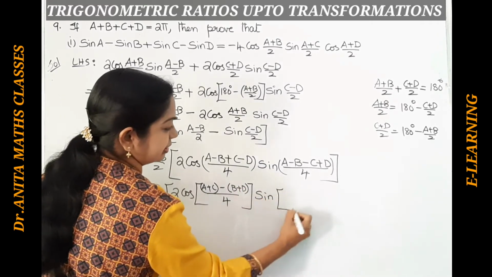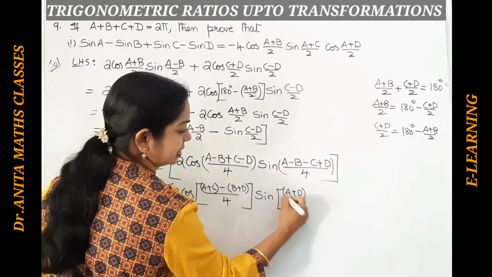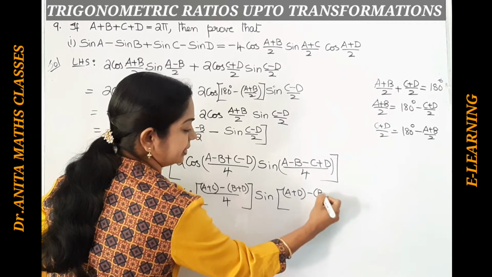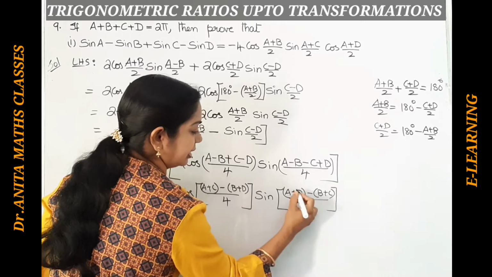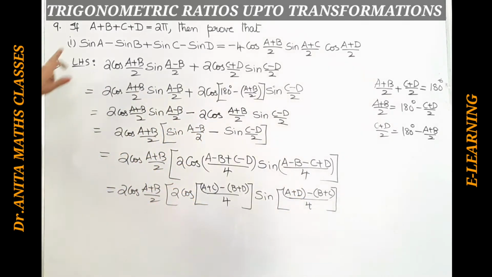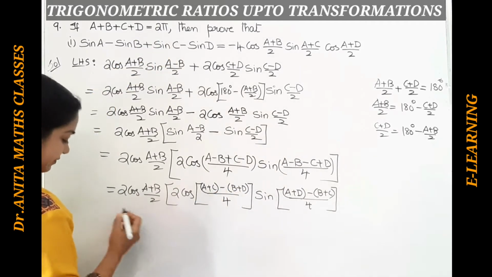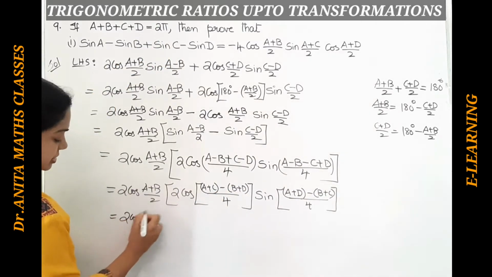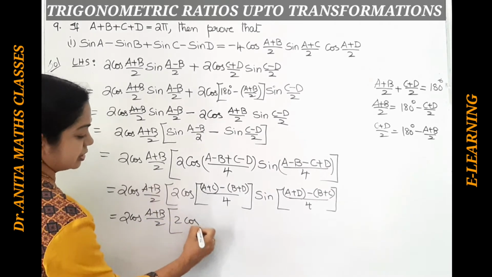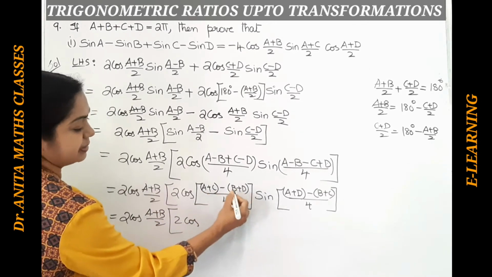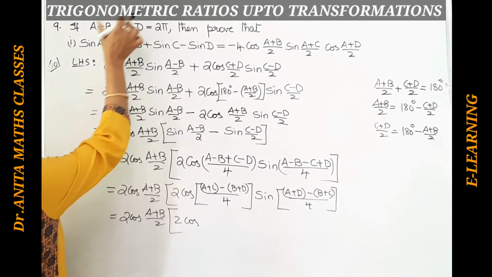Similarly, plus here is a plus d, and if you take minus common, b plus c, so by 4. Here again, we have a plus b plus c plus d equal to 2 pi. So that way I will transform this: 2 cos (a plus b)/2, here 2 cos, so a plus c minus b plus d, I'll replace it as 360 minus (a plus c).